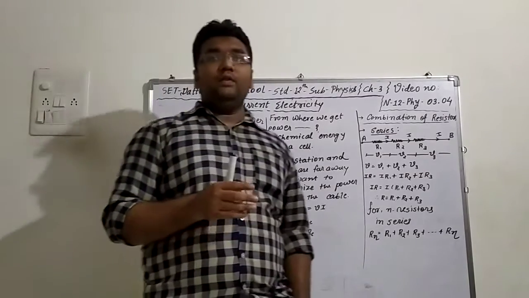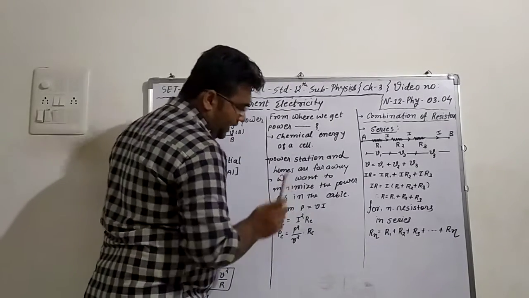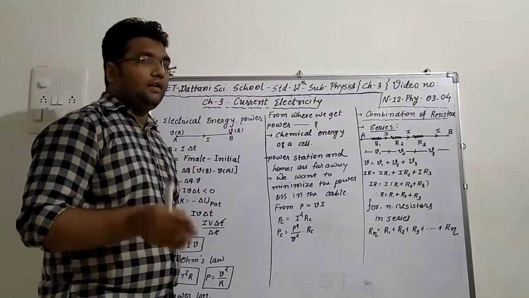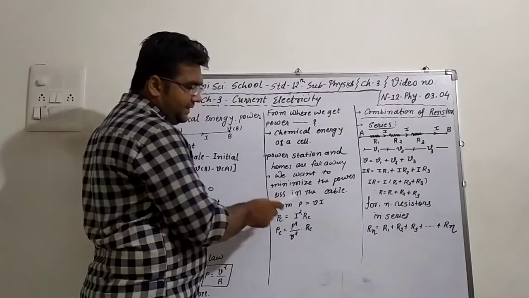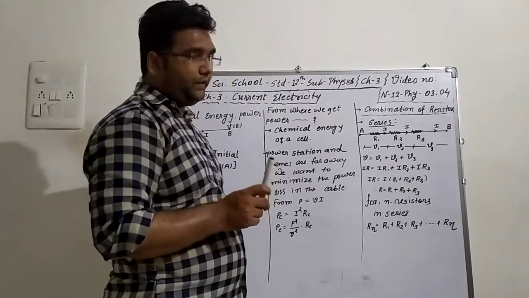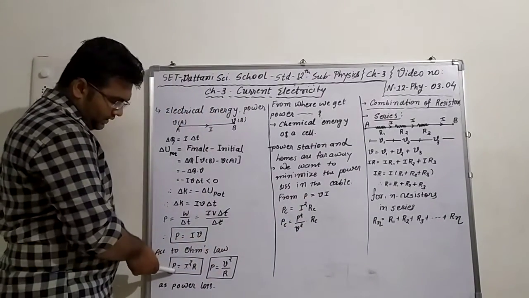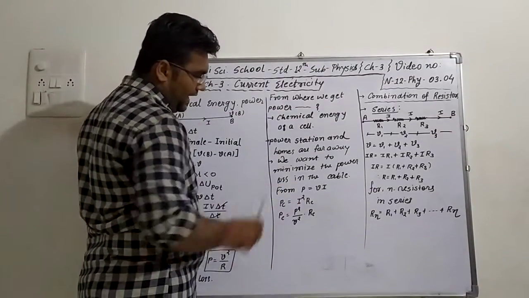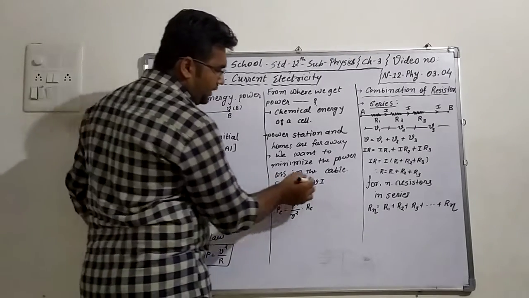So how can we minimize the power loss? We have the formula P equal to VI and PC. PC is the power loss of a transmission cable. C is for cable. I is the current going through the transmission cable, and RC is the resistance of the cable. So we have this formula PC equal to I square RC, which comes from P equal to I square R.